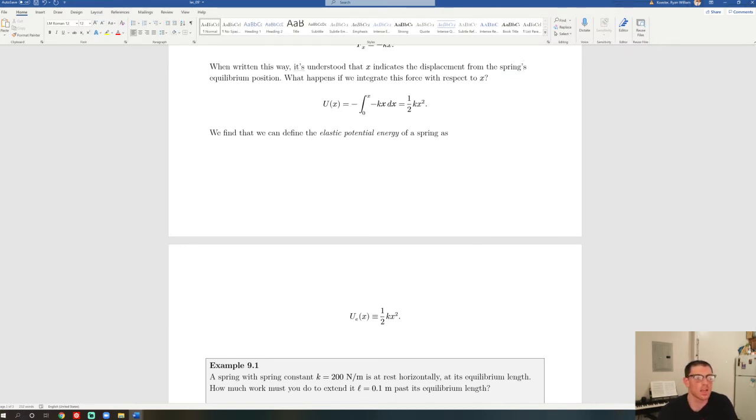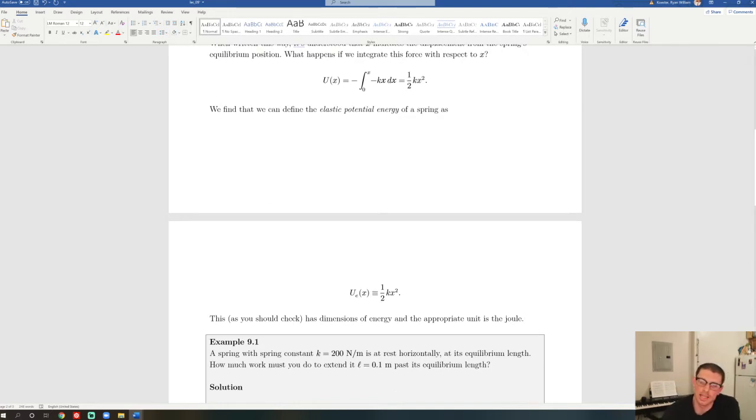Okay, so we now know what one of these potential energies looks like for a spring. That's what this is. And I'm also going to just say that this, as you should check, has dimensions of energy, and the appropriate unit is the joule. Probably nothing surprising about that. And that is also suggesting that we can combine this with something like kinetic energy and work, because all these things have the same dimensions and the same units. And so that's usually an indicator that we can work with them